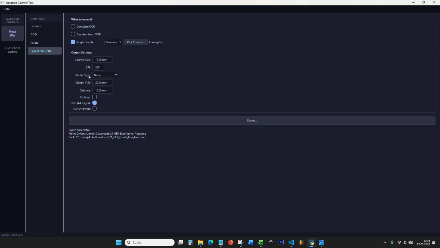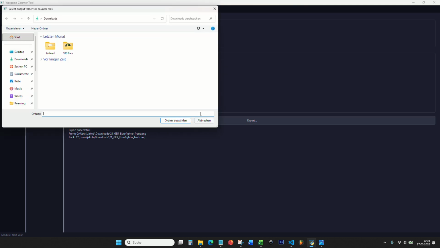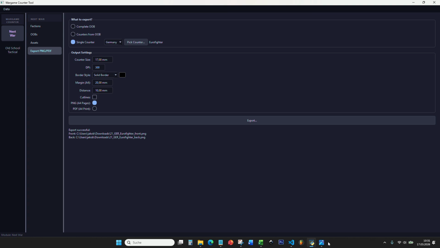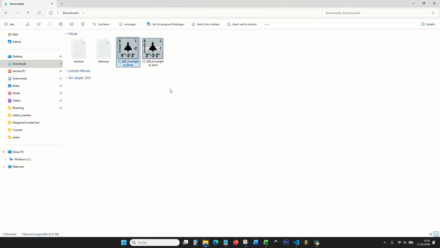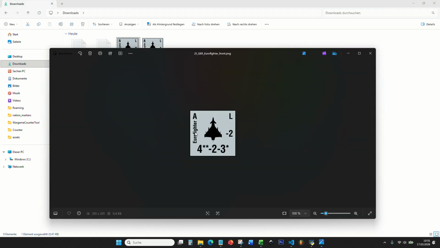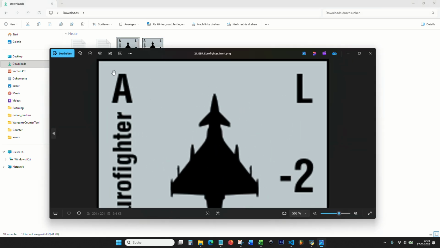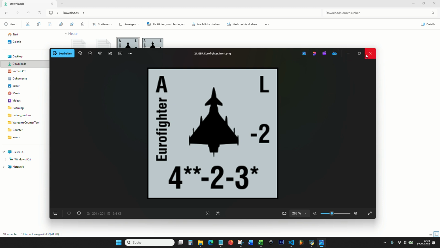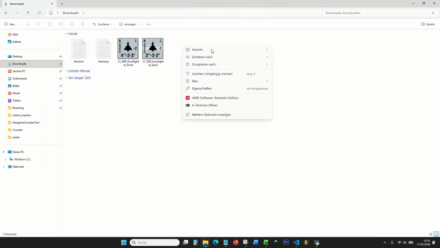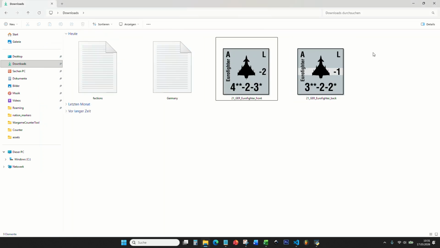What you also can do is set different border styles. So for example, you can set a solid border, choose a color, and if you export the counter now, just close it, you see that the counter gets an outline. Maybe you don't see it that good here because the background is dark, but I guess you can see it pretty good in this view. You see that the border gets an outline. It doesn't change the size of the border, but it's better visible, for example, if you use the counters in